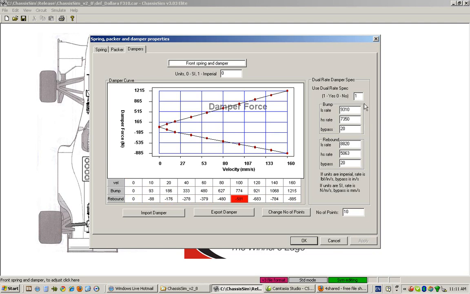The first option is indicated by 1, where we're using a dual rate model. So this is strictly in SI units. This rate is in newtons per meters per second. That rate is in newtons per meters per second, and the bypass is specified as millimeters per second. The second option is that we specify this as 0, and then this brings our editing into play. So for instance, we can go to 1215 here and specify that as, say, 1400, and then we can linearize a number of points